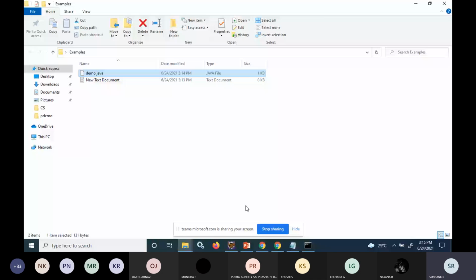Now I want to execute this file, demo.java. How do I do that? I have the command javac -d followed by the directory.